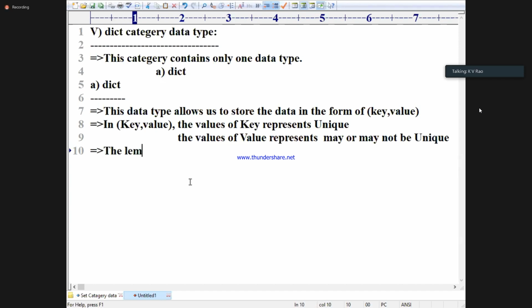The elements of dict object must be enclosed within curly braces,